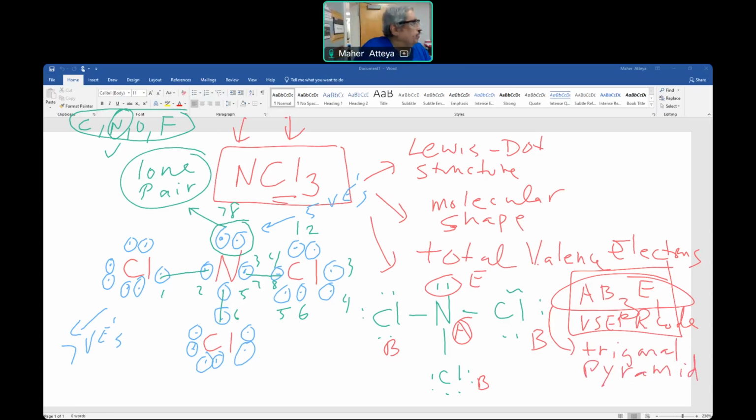Trigonal pyramid. Okay, guys, this will be trigonal pyramid. This small tiny table I gave you with all the codes, you have to memorize. Those are about 5 or 6. Memorize them, and then you can determine from the code what they call the molecular